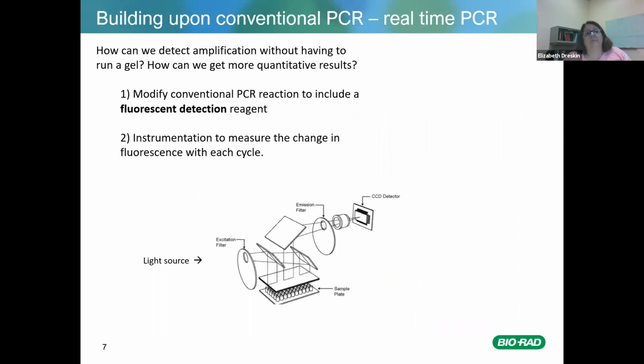But first, how can we detect amplification without having to run a gel? And how could we have more quantitative results than a conventional gel? So conventional PCR reactions were modified to include fluorescent detection reagents. We'll talk about those in a little bit. And instrumentation had to be designed to measure the change in fluorescence with each cycle. This is a schematic from one of Bio-Rad's instruments, but we can look at this as a generic